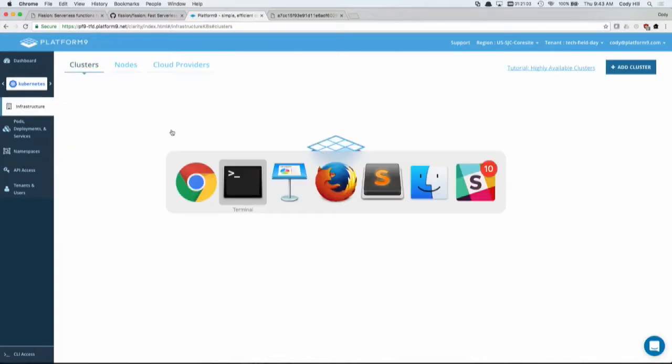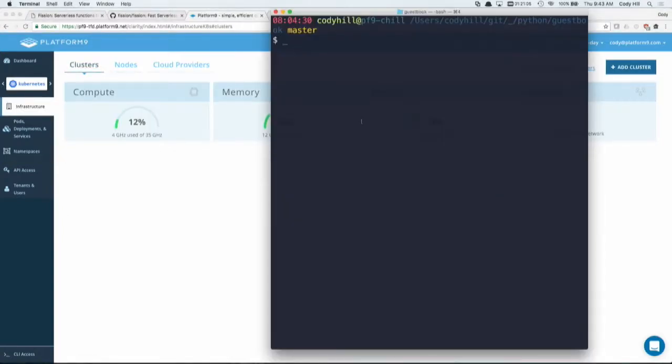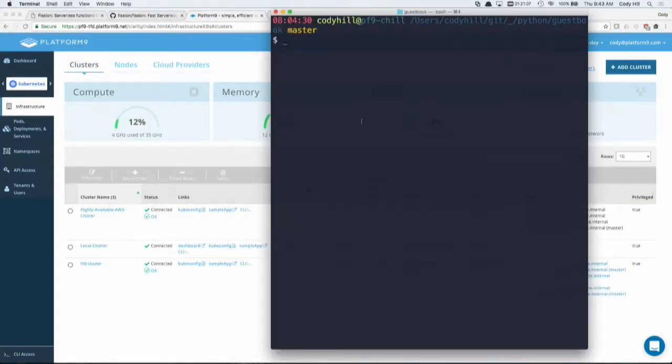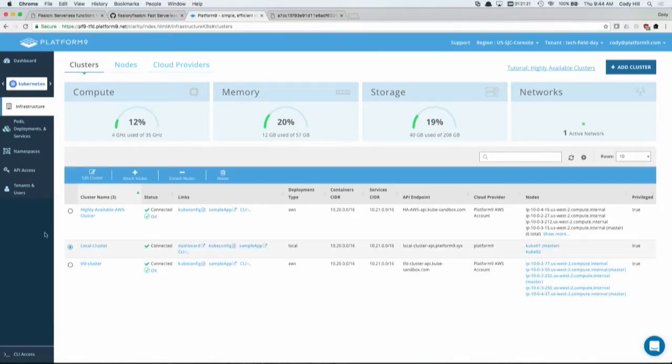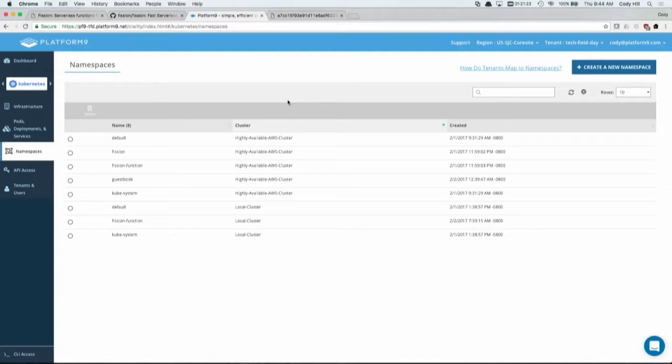So we're going to jump into Fission here, right? Again, we're going to be using that same cluster that I had talked about before, that I was running that demo, that local cluster, right? So in here, we have this local cluster. Hey, that TFD cluster finished building that I built in the last demo. It's there, great. And when we jump into this cluster, you'll see that, did I clean up after myself?